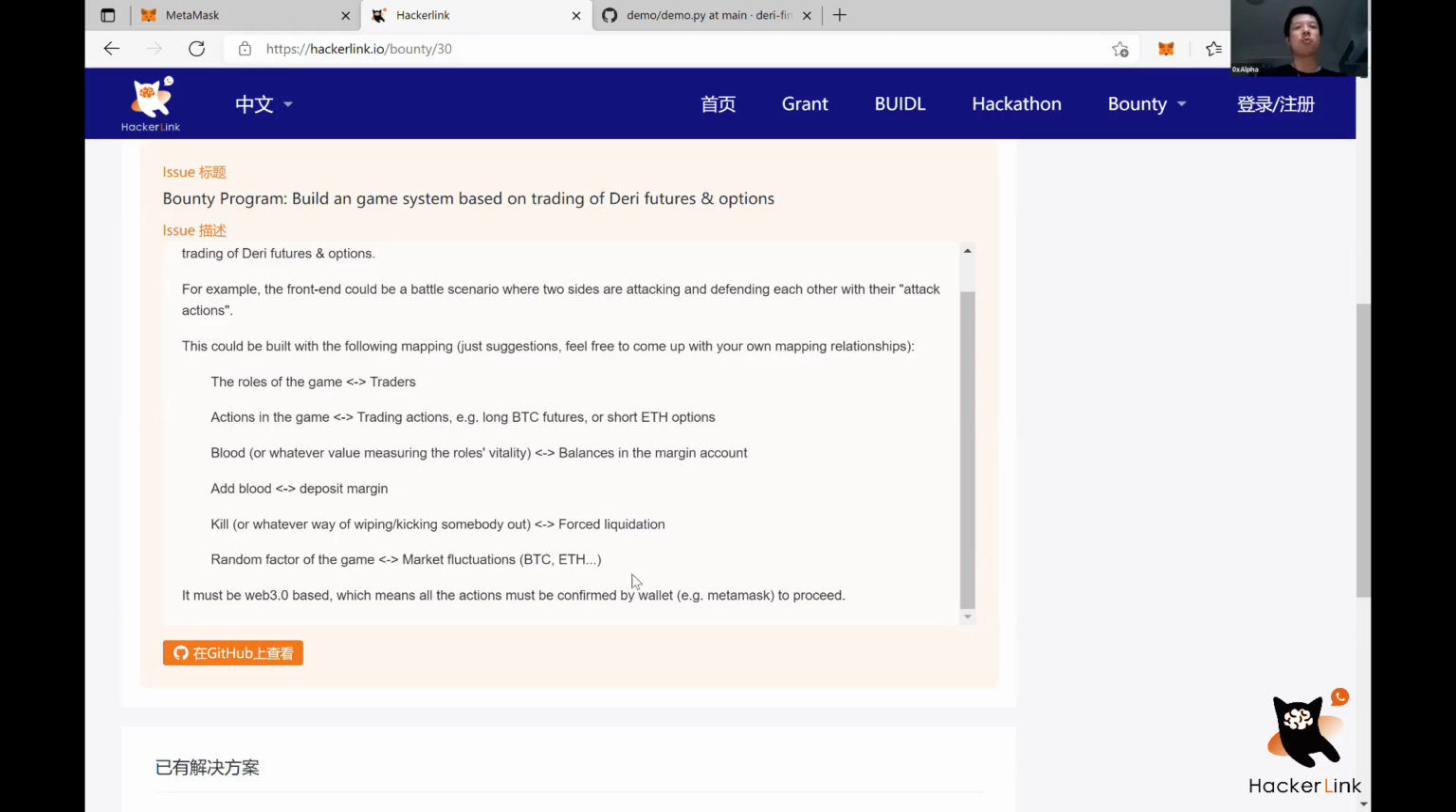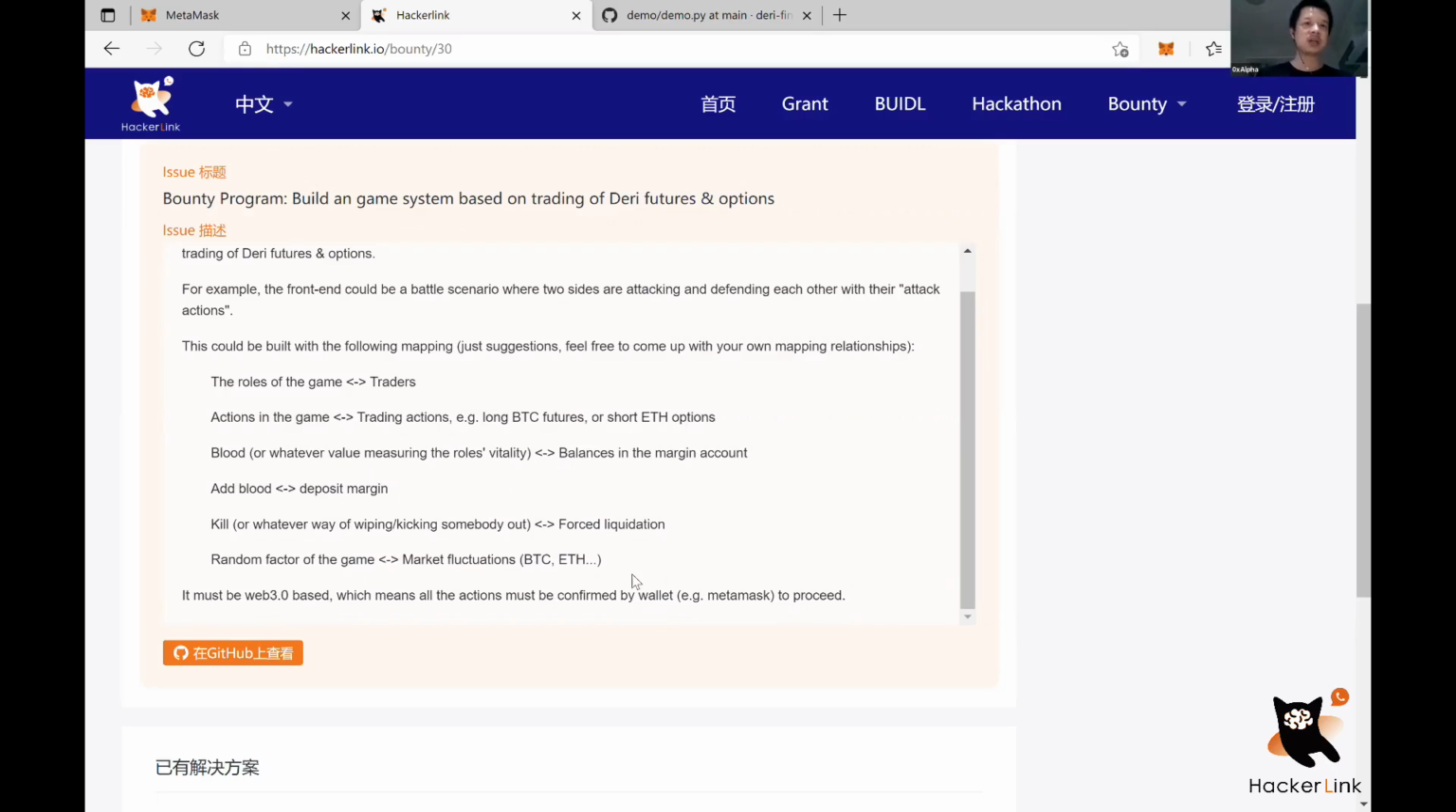Actually, whatever I just described here, the mapping from the traders to the roles of the game, the trading actions, from forced liquidation to kill, all these mappings are just examples. You don't have to stick with this. You can come up with your own mapping logic, mapping whatever takes place here to whatever actions or roles in your game, as long as it makes sense and follows the same logic,